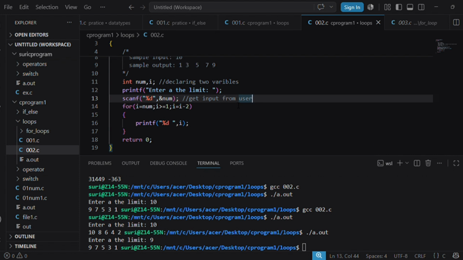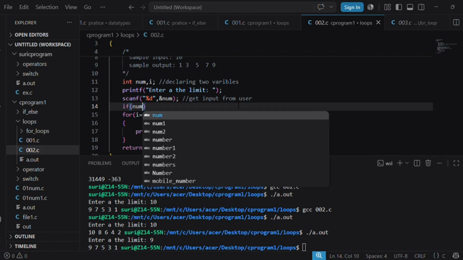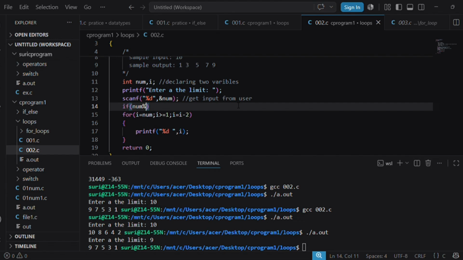If open bracket num percentage 2 is equal to 0, curly braces,